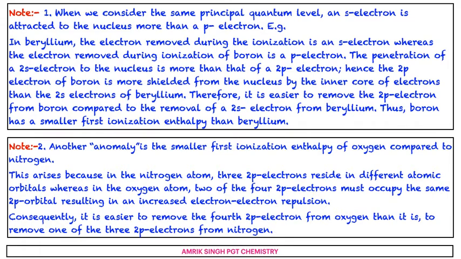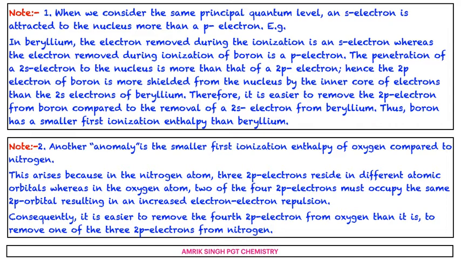Half filled and completely filled orbitals are very stable, and the removal of an electron is very difficult in the case of the nitrogen family, while in the case of the oxygen family, the last p subshell is not half filled, therefore an electron can be removed with ease. And another explanation is there in the NCERT, that this arises because in the nitrogen atom, the three 2p